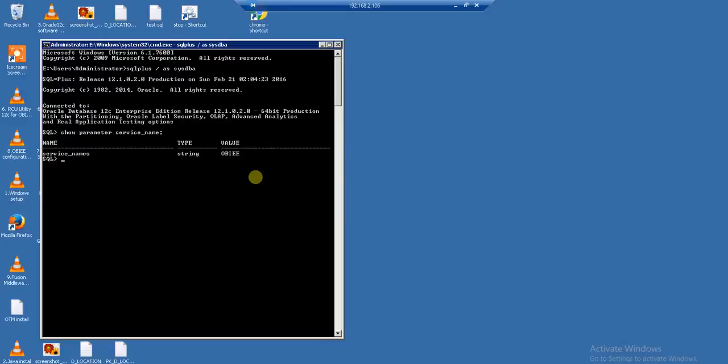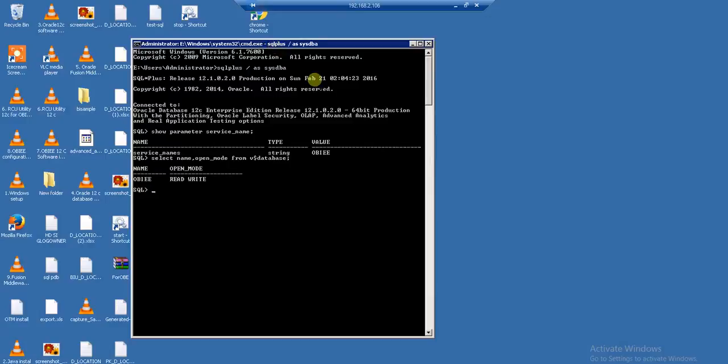The next command that I'll do, I'll try to check the status of the database to see if it's opened, and I'm doing this by running the following statement. So it says select name, open mode from v$database. Okay, let's see. Okay, so my service is read write, and it's in open mode. This is the way that you determine that your database is online. There's another way to do it